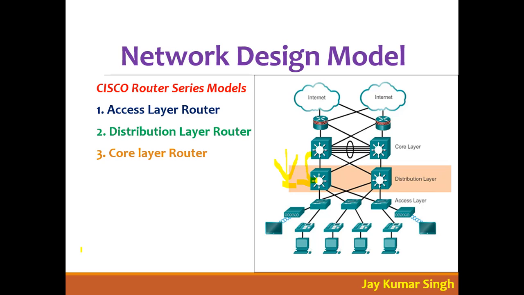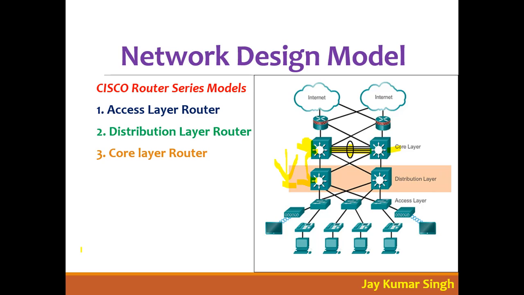Now, this is a company, and it can have multiple distribution layer routers according to different locations. So all the data which is coming here, this switch or router must have a good capacity, so it can forward the data very quickly. You can see here it has multiple ports. If I want to connect this switch to this switch, I can connect with one port, that's it. But why am I connecting multiple ports to the same device? Because I can send more data.